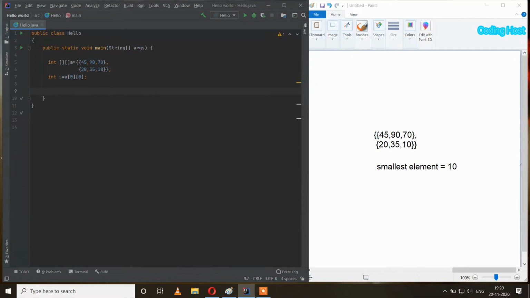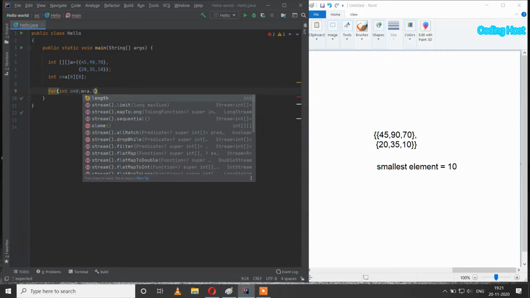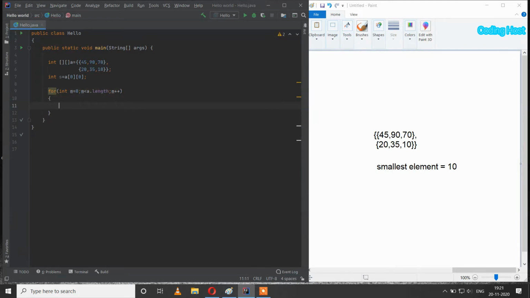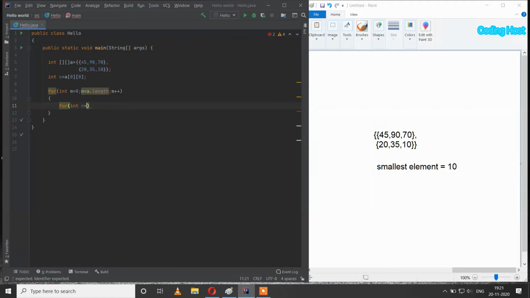After that I will take a for loop for int m equal to 0 and m less than a dot length and m plus plus, and in this loop I will take another for loop for int n equal to 0 and n less than a[0] dot length and n plus plus.